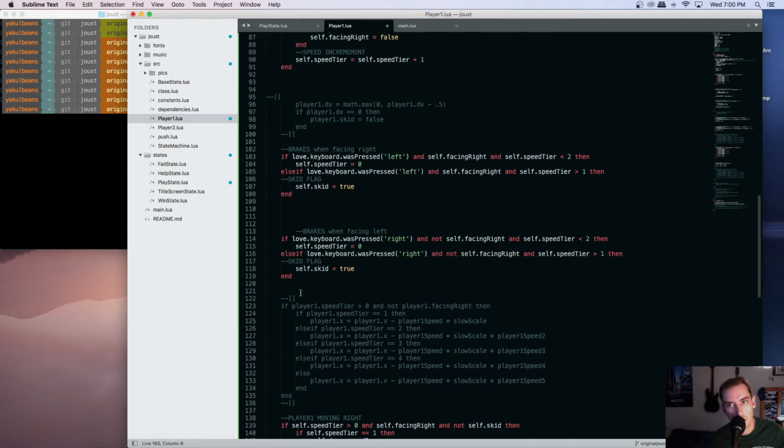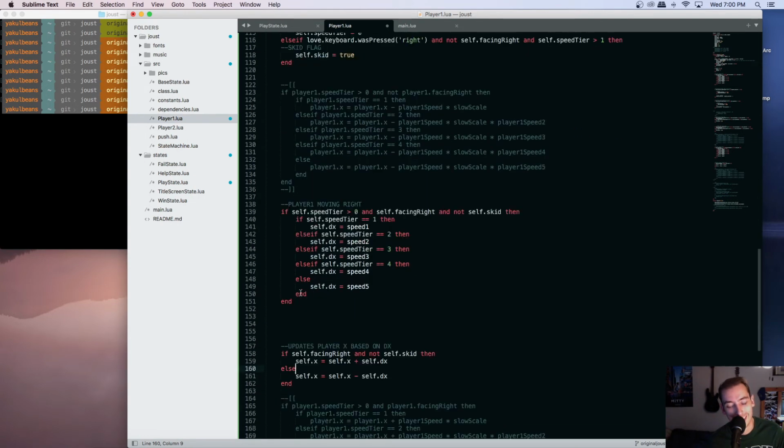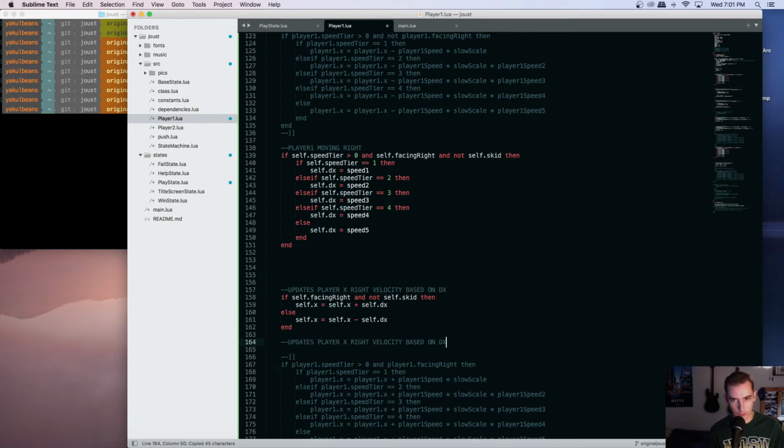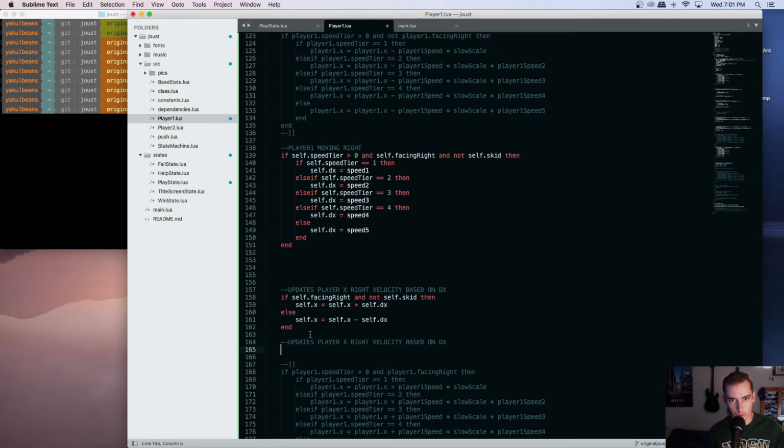Shoot. This is tough. This is very tough. I think I need to say update player X right velocity and then update player left velocity instead of kind of combining them there. So